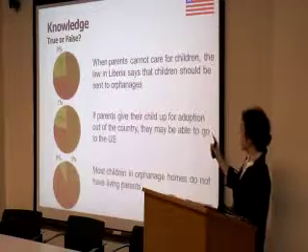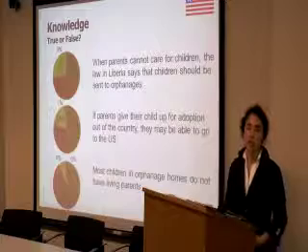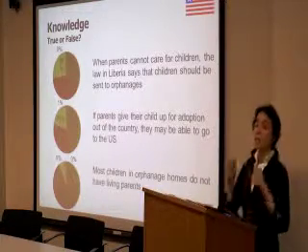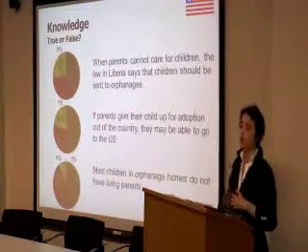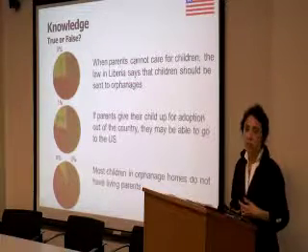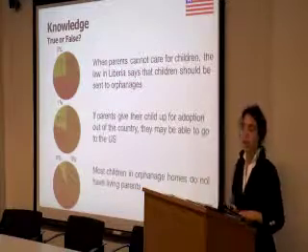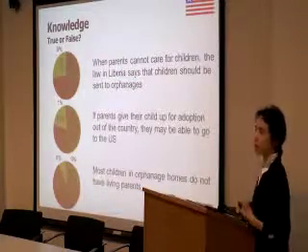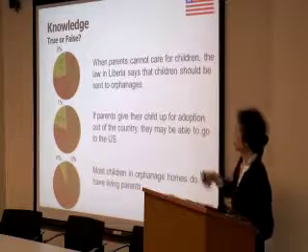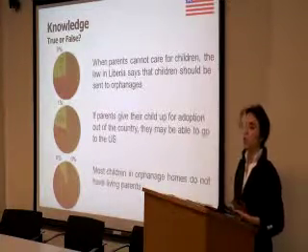Second one, if parents give the child up for adoption out of the country, they might be able to migrate to the US most notably. Actually, I didn't mention that, but both countries have a moratorium on inter-country adoptions: Liberia since 2009 and Laos since 2012, both out of lack of proper regulations for developing the UN guidelines on alternative care. And here you see that 48% think that it's a good way of migrating themselves.